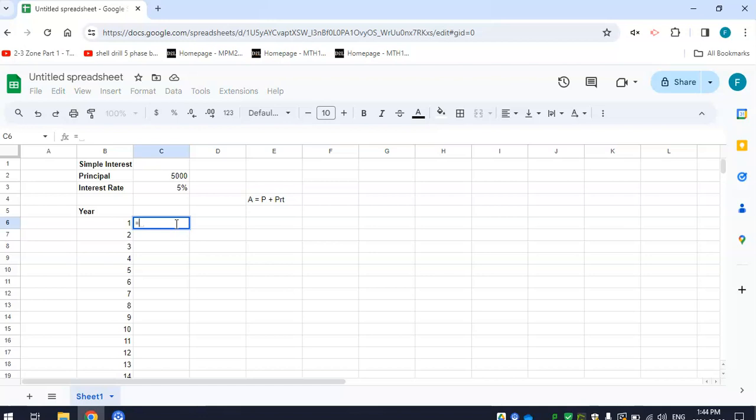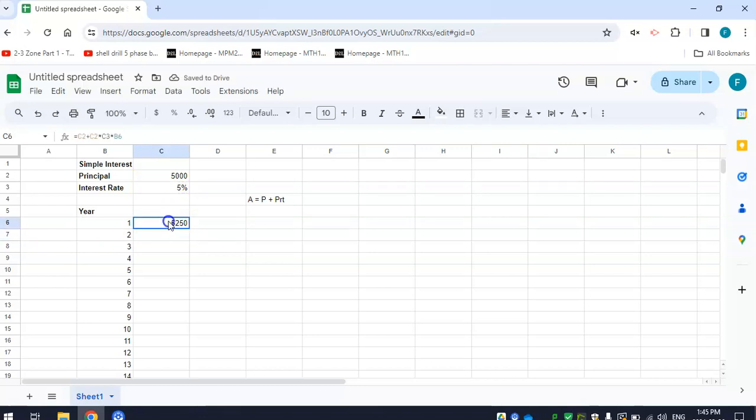I'm going to type equals principal 5,000 plus principal again 5,000 times the rate. I'm going to use Shift-8 to make the asterisk. That's how we do multiply in Google Sheets. Times 5%, 0.05, times the number of years, which is 1. So you notice in this formula, you can see in the formula bar, I'm not typing any numbers. I'm just typing in an instruction of what to do with the inputs. And so after 1 year, I have